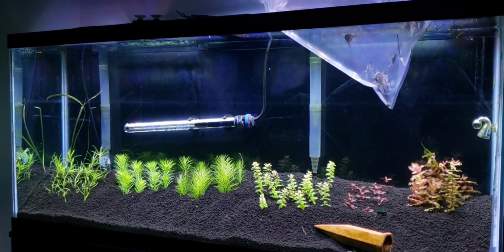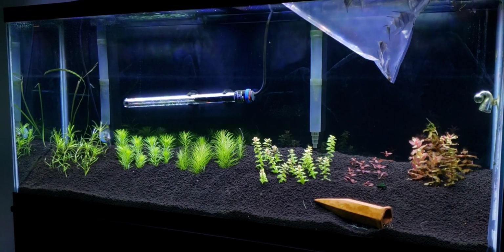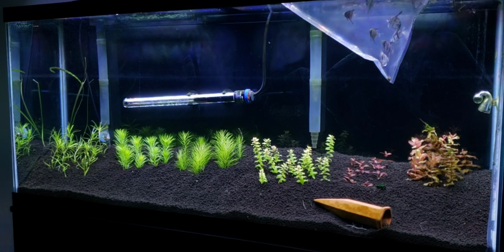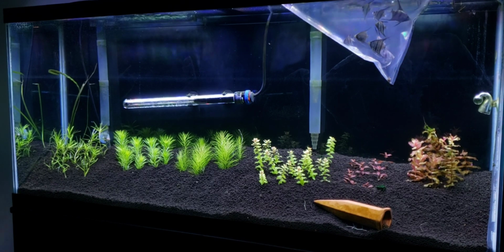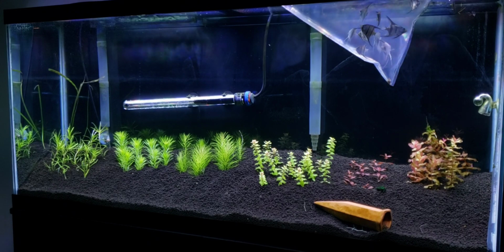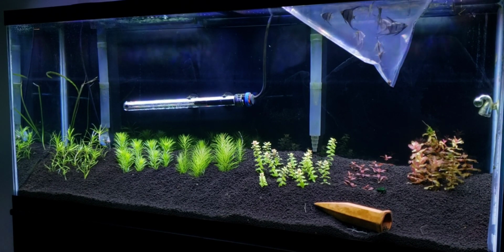He's down there in his cave. You can see his tail sticking out a little bit. Loves that cave. He does no cleaning. Zero cleaning whatsoever. He will eat a zucchini. He'll eat some rapashi, but he doesn't eat the algae wafers. He doesn't clean a wall. I mean, that's where he stays, is in that cave. But